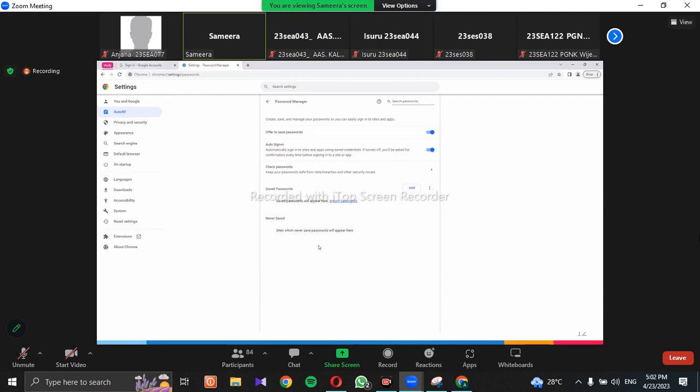Now I don't have any password saved in my browser, but in your case, I don't know, if you have already saved some passwords inside your browser, you can see those passwords and usernames from this page, right? And if you want to remove some passwords, I mean that data, you can do that from this page too, right? Here we have a search option and